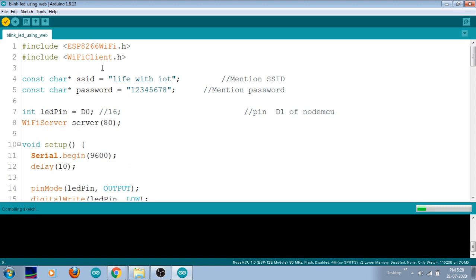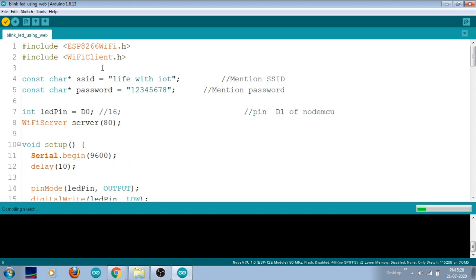By using that MIT App facility, you get an app for controlling your home appliances, and by using that, we can easily control your home appliances. That's a specialty. First we will see how to control it with your web server.